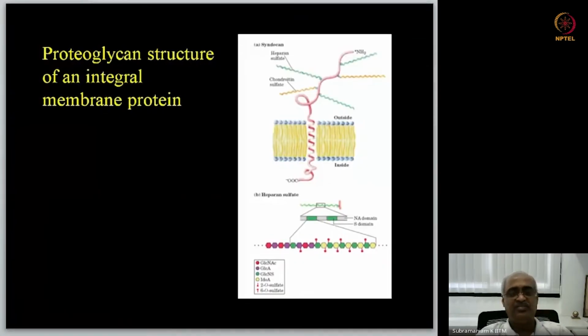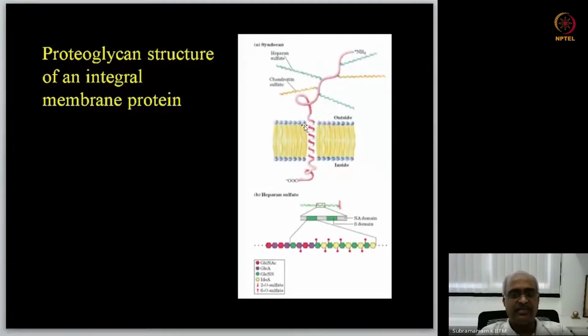So here is an example of a proteoglycan, which is an integral membrane protein. So here the core protein contains hydrophobic side chains in a short sequence. Usually about 10 to 12 hydrophobic amino acids are enough to get anchored in the membrane, where the hydrophobic side chains here interact with the